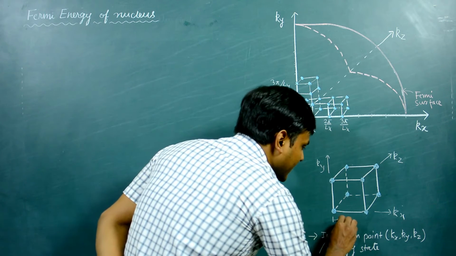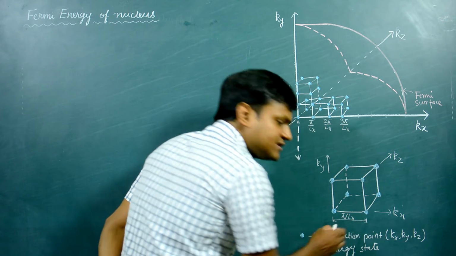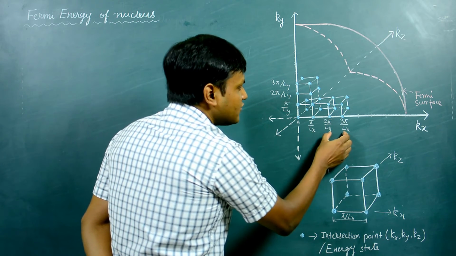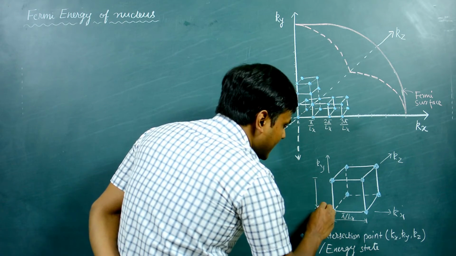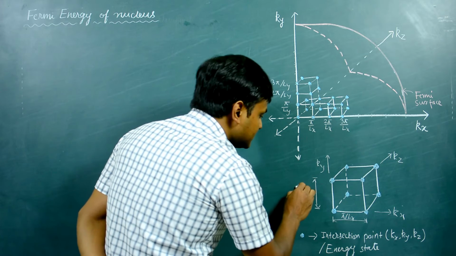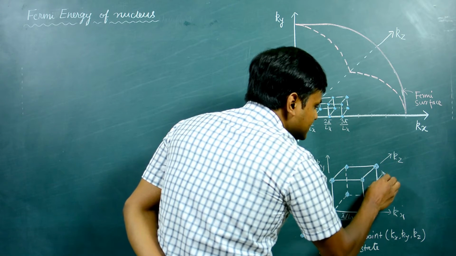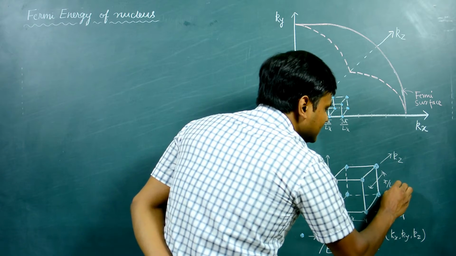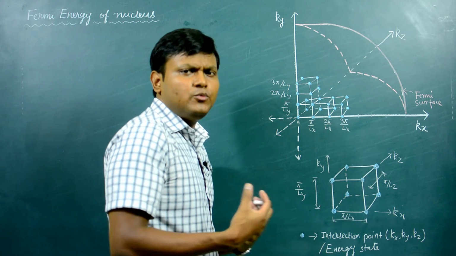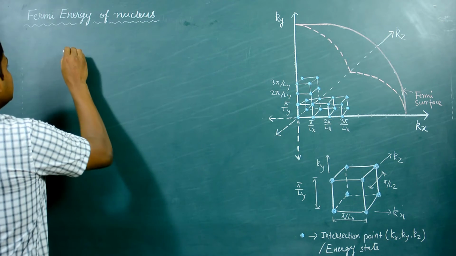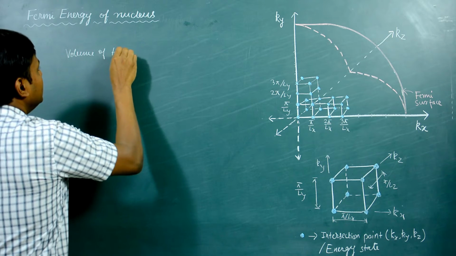Now if you look at this particular box, what is the length in the kx axis? The length in the kx axis is nothing but pi by Lx. Yes, because there is a difference of pi by Lx between each of these points in the kx axis. And what is the length in the ky axis? It is pi by Ly. And what is the length in the kz axis? It is pi by Lz. Then what is the volume of this individual, let's suppose a unit cell, okay? So if I say that this is a unit cell, then the volume of the unit cell